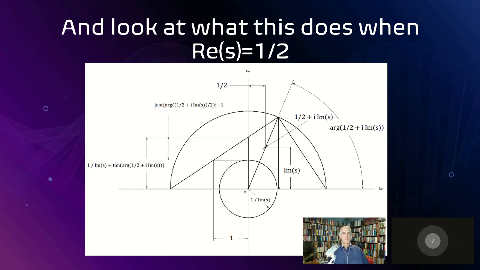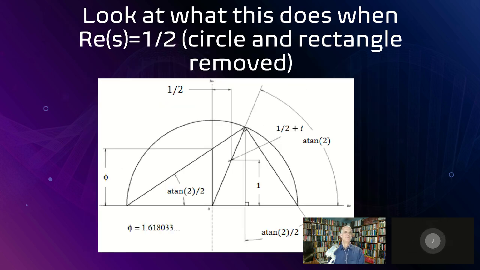So we talk about that condition that only happens when the real part is equal to 1/2. Here are some of the geometric consequences of that. On the left-hand side, we were talking about the cotangent, all that. So these lengths kind of line up in that way. There's a lot of other things too. I'm going to go to the next slide. I think I have another one. Let me see. Yeah. A lot of things line up with this.